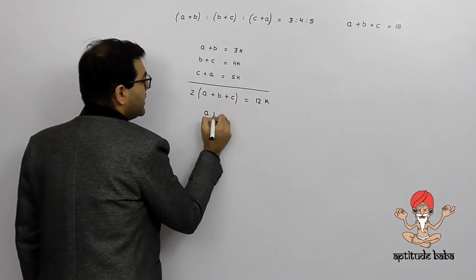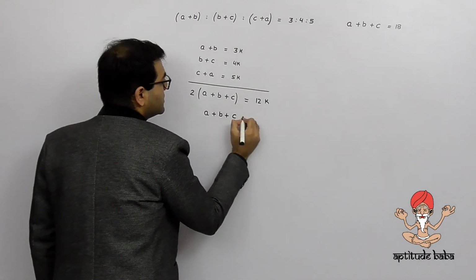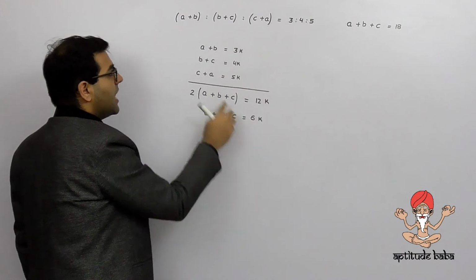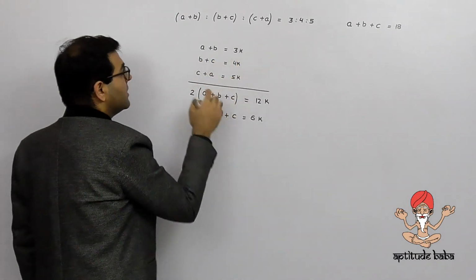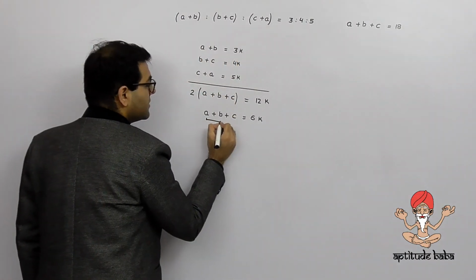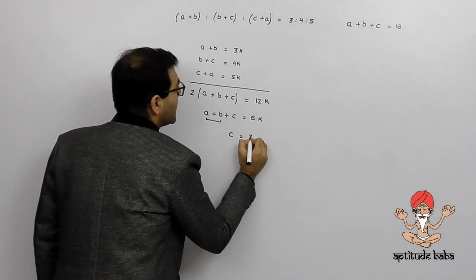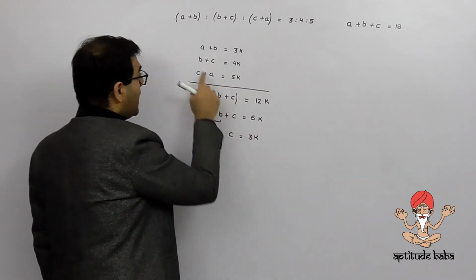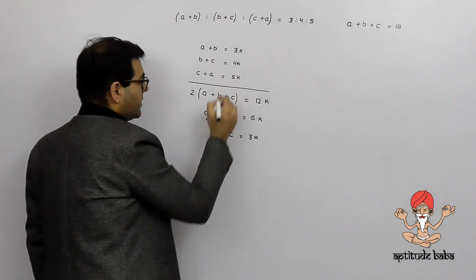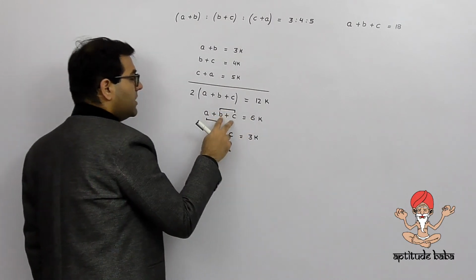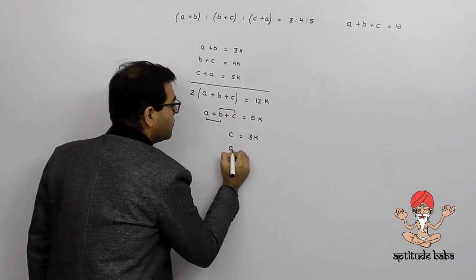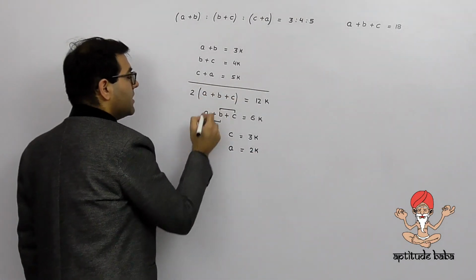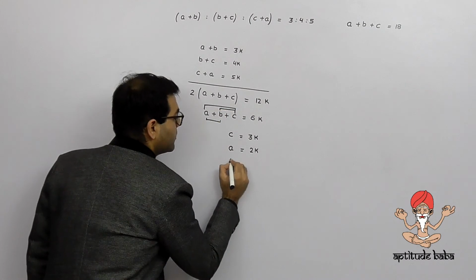From here, I'll say a plus b plus c is 6k. Now if a plus b plus c is 6k and my a plus b is 3k, can I substitute a plus b here and get the value of c as 3k? If my a plus b plus c is 6k and b plus c is 4k, can I substitute the value of b plus c here and get the value of a as 2k? And finally, if my c plus a is 5k, I can substitute the value here to get the value of